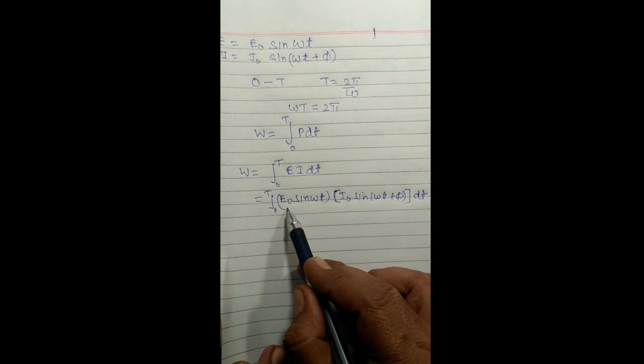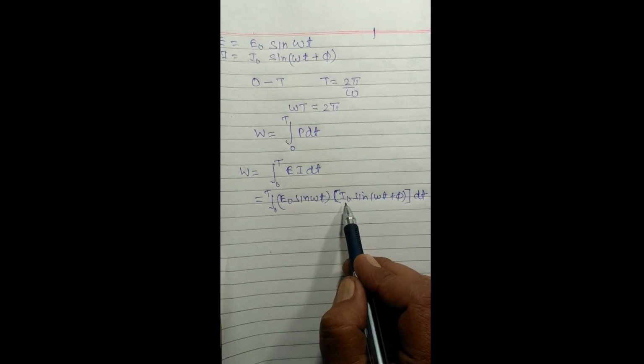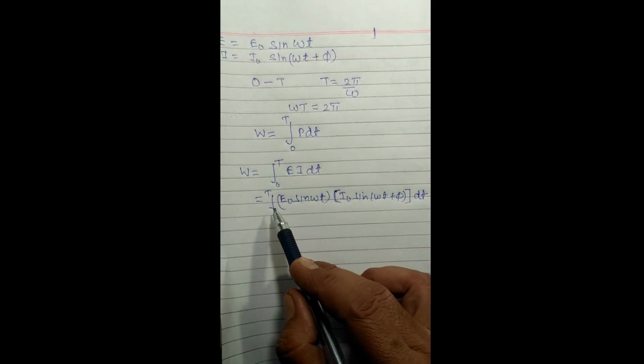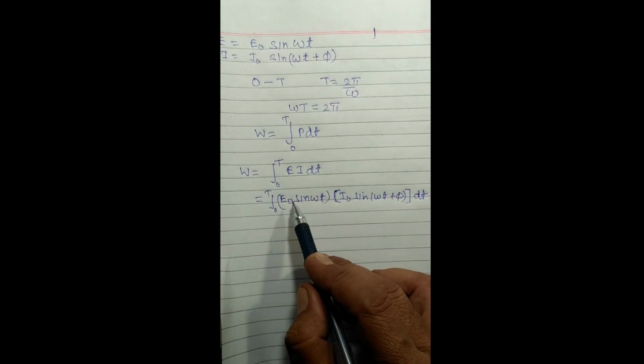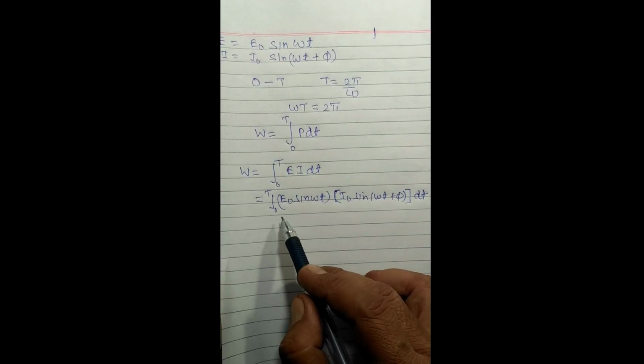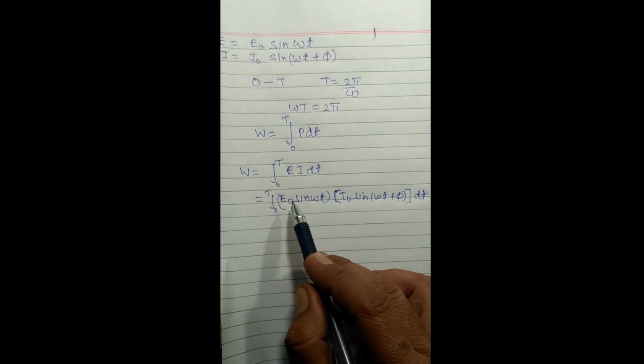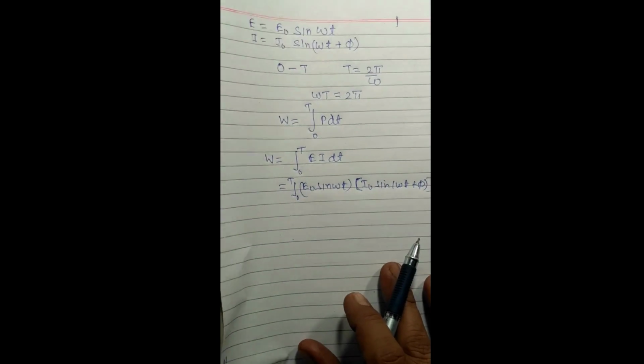Now, we take E naught and I naught out of the integration sign because these are the peak values, which are constants, and multiply the equation by 2 up and down. That means in the numerator you multiply by 2 and in the denominator you multiply by 2, so that there is no change in the equation. So by doing that, the next equation is